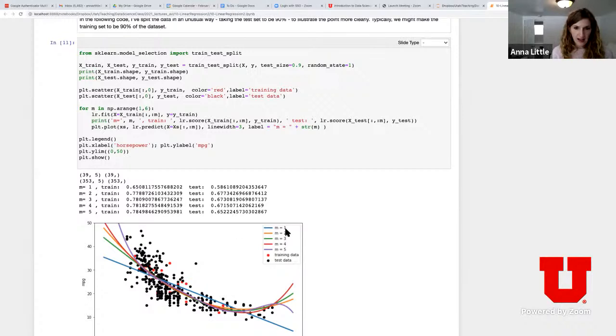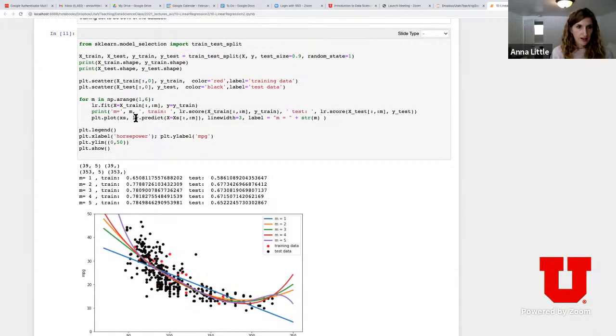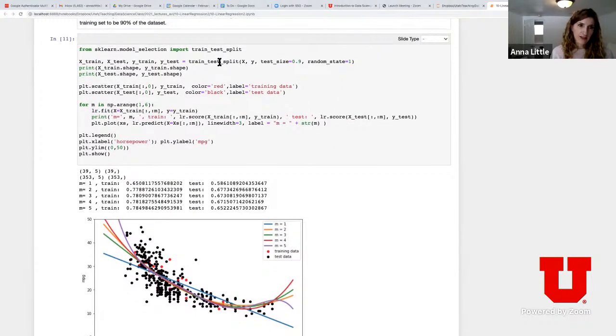And again here we see the different models constructed on the training data set. I will say it's not like it's doing all of this for you. It's split the data for you, but you're still going through the process of looping through the models